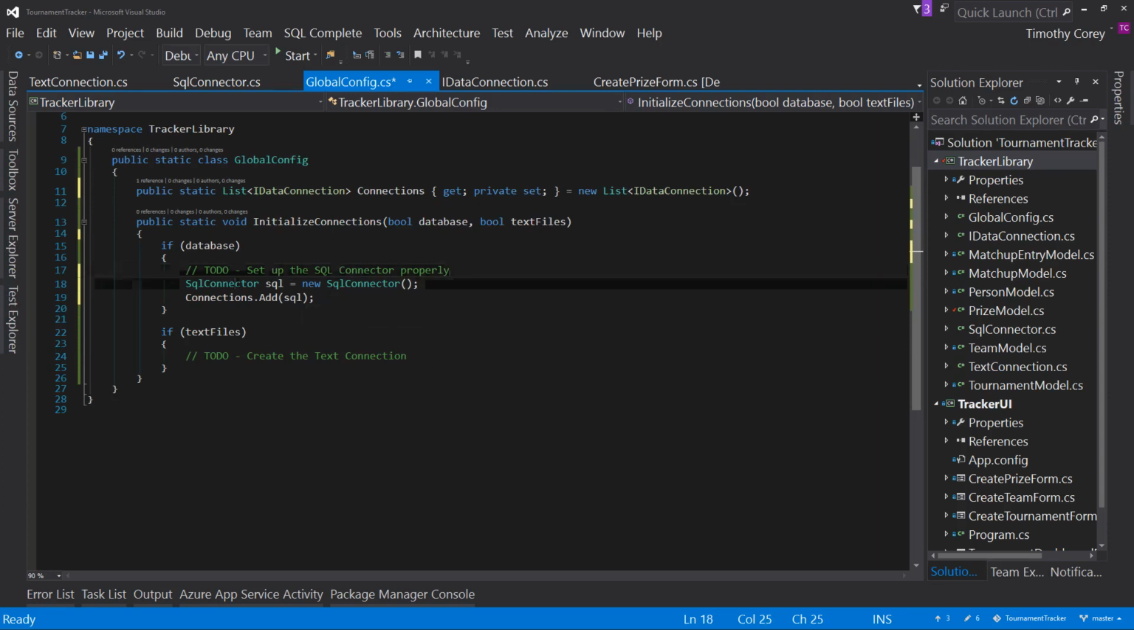Now I took SQL connector, that's the class type, I create an instance of that, and I added it to my connections list. But my connections list isn't a list of SQL connector. It's a list of iData connection. That's the interface. And so what this list does is it says, I'll hold anything that implements the iData connection contract, which is amazing because they don't care if it's a SQL